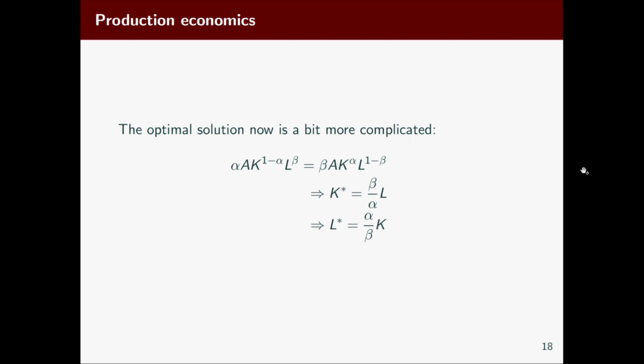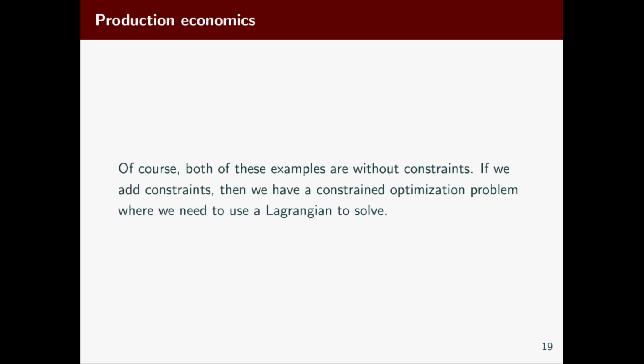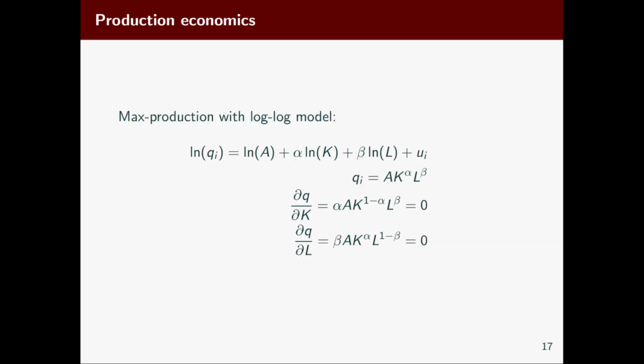So this is using optimization and econometrics hand in hand. Okay. So these are both more simple examples. It gets a lot more complicated if we have constraints. So if we had a constrained optimization problem, we wouldn't just have, I'm going to go back a couple slides,